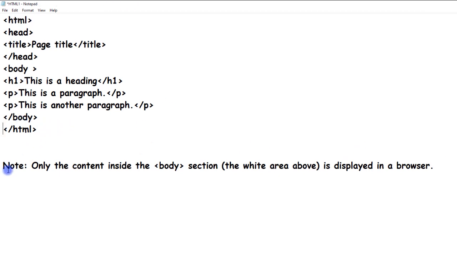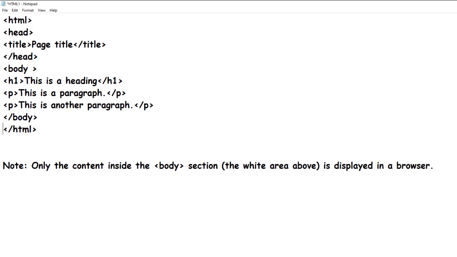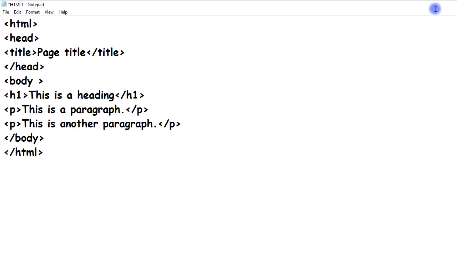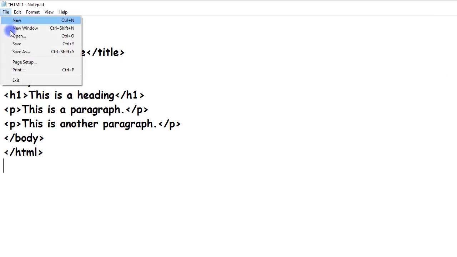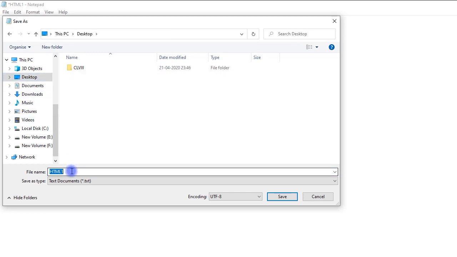Now here the note says that only the content inside the body section is displayed in the browser. Only the content in the body section, this area, will be displayed by the browser. The others will not be displayed. Now when I'm saving it as an HTML document, I'll remove this line here. I'll go to File, Save As, and on the desktop I'm going to save it with the name